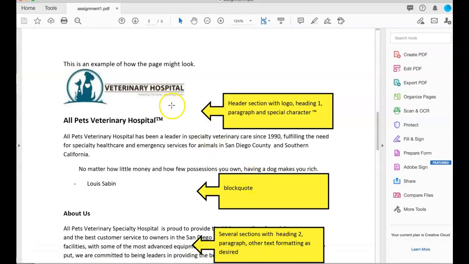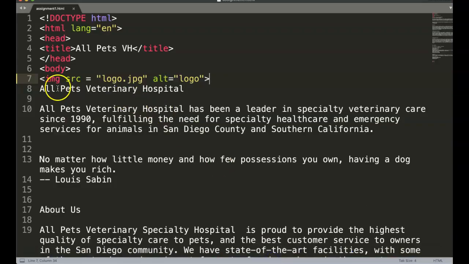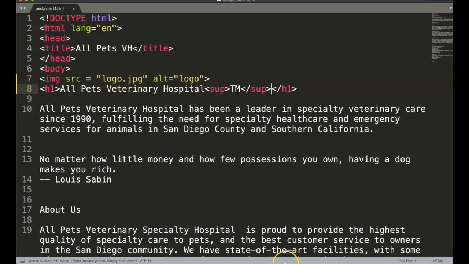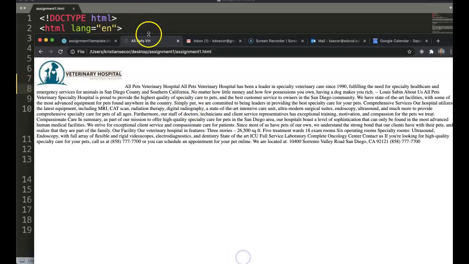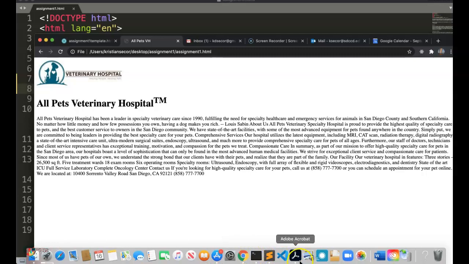The next step, it shows that this looks like it's All Pets Veterinary with a special character TM. So I can do All Pets Veterinary. I can do something like H3. I don't mind if you do H1 on that. That'll be fine. Like that. And you could do a subscript or a superscript, TM like that. Now we can take a look at it again. So what we're doing is nesting elements, doing exactly what was taught, and hitting the values so that we're replicating